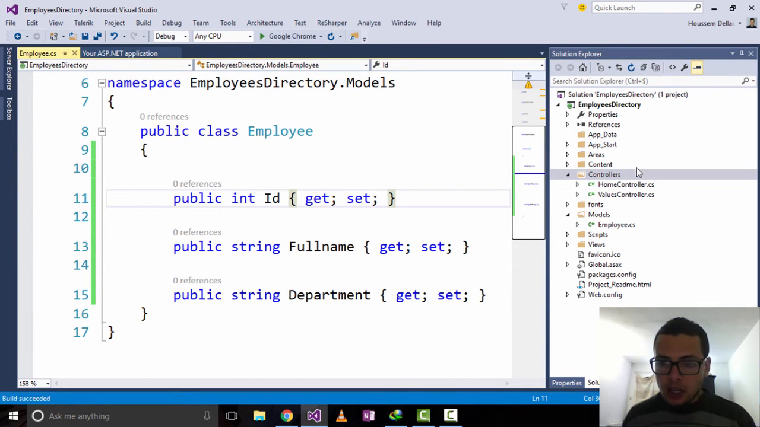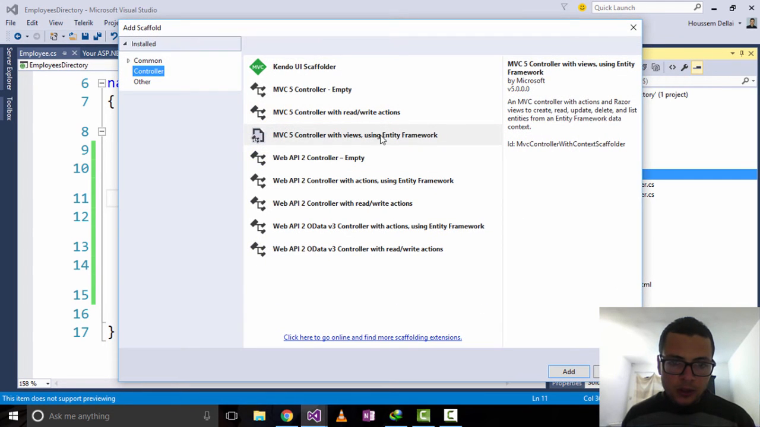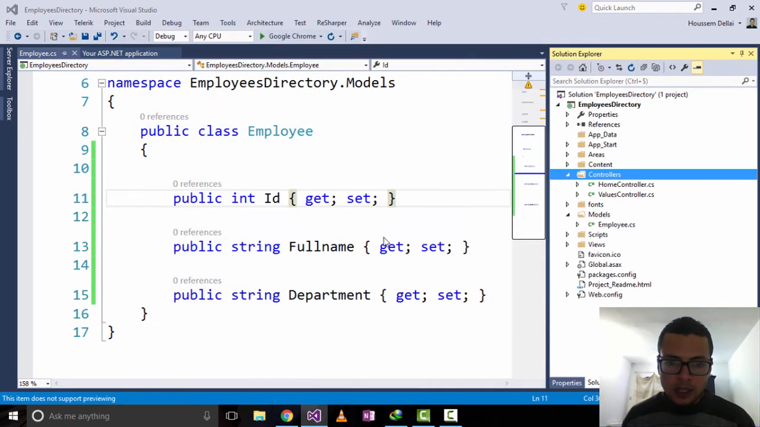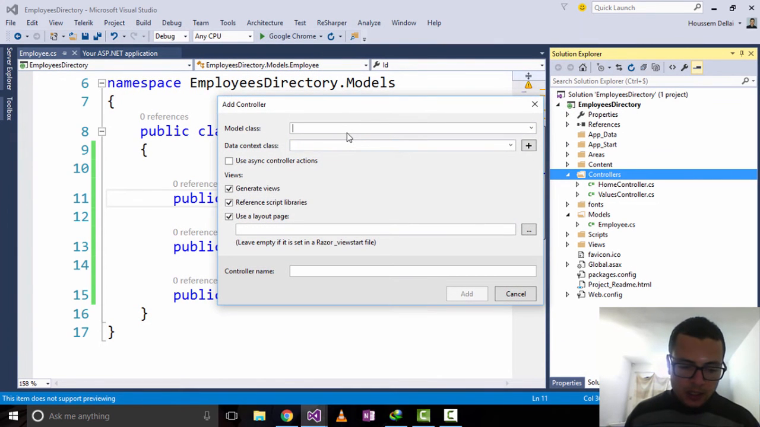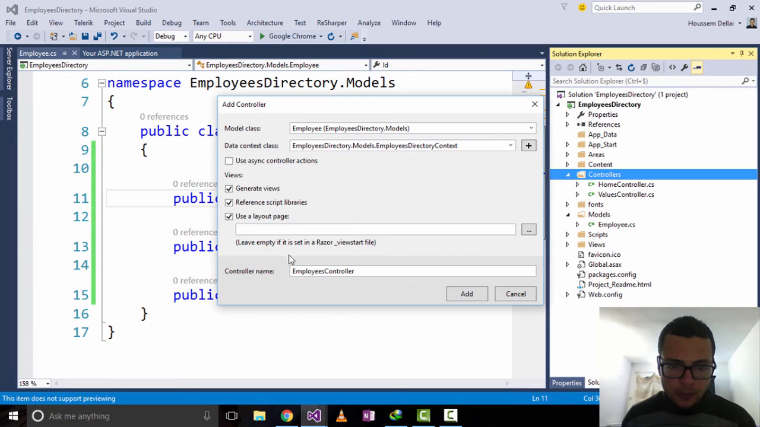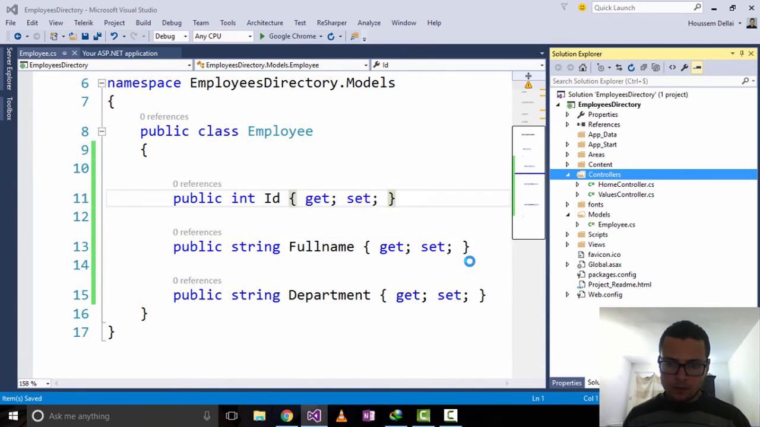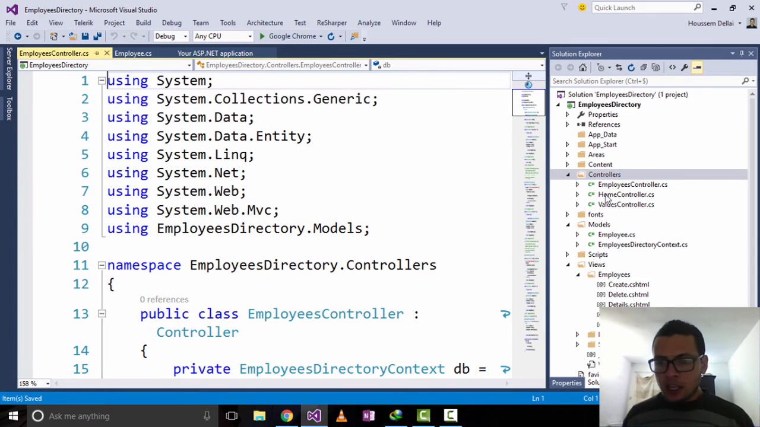The build succeeded. Now I can go to Controllers, click Add again, Controller, MVC5 Controller, Add. Select the model, which is Employee, then go and add the Employees Directory, Add, and let the controller name be the default one, and click Add. So what it has done now, it created the Employees controller,